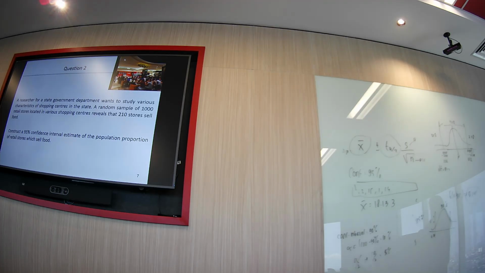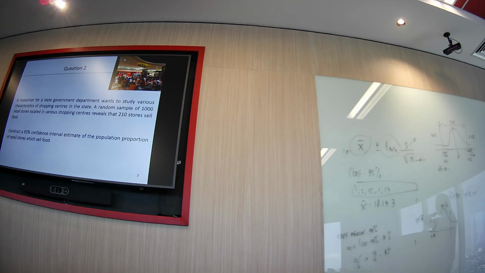From the 1,000, 210 stores sell food. I don't know about the rest, maybe they sell clothes or PCs. Now you have to construct a 95% confidence interval for the population proportion of retail stores which